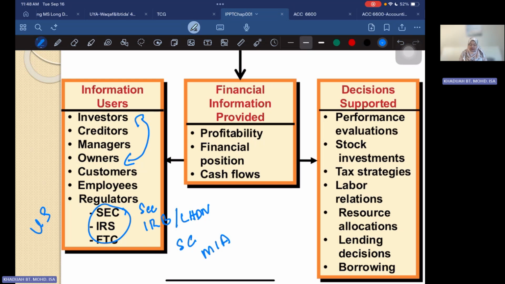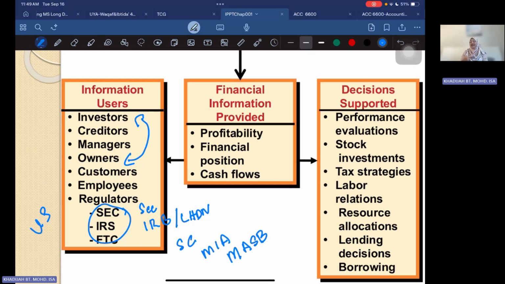And we also have the Malaysian Accounting Standards Board, right? MASB. So we have many other regulators in Malaysia that actually regulate accounting. All right. So in other words, accounting is highly regulated. Yeah. And then in terms of the financial information, which is provided by the accounting, we're looking at